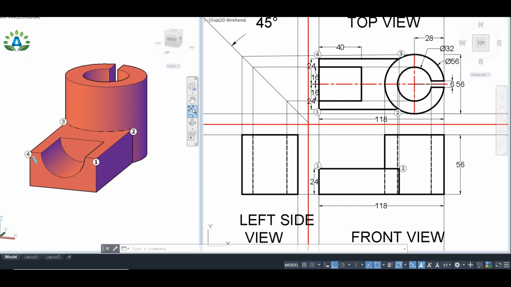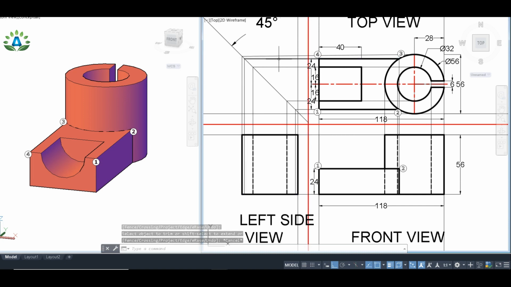Now let's project this rectangular part in the side view. And we can see that these 1, 2, and 3, 4 points are these points in the top view. So first of all, we are going to project the line from this 1 and 2 point, like this. And we are going to project these 2 points, 3 and 4, in the side view, like this. And we have to project the line from the 1 and 2 points from the front view as well, like this. In this way, we have located this rectangular part easily in the side view.